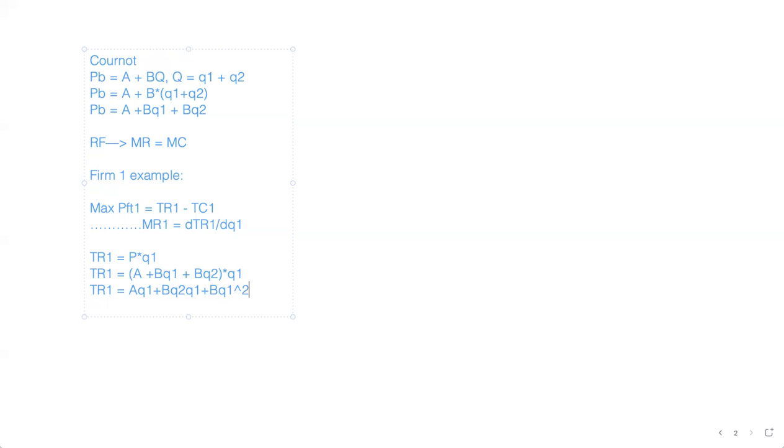And I'm only doing that because when you go ahead and take the derivative, or again, if you want to just memorize this as a formula, that's fine. But all that's going to be left is this bit here in the beginning. I'm going to put that in square braces so you don't get it confused with the parentheses from before. But you're going to end up with a linear marginal revenue function. And the intercept for that marginal revenue function is going to be this term that's in square braces,